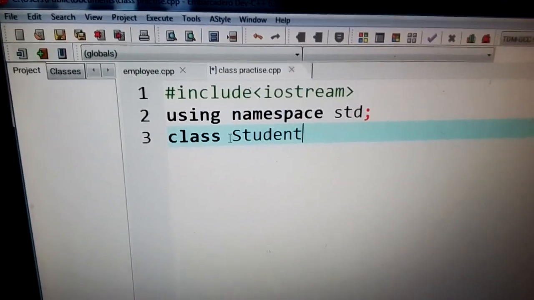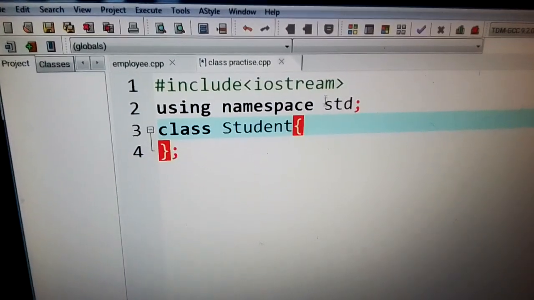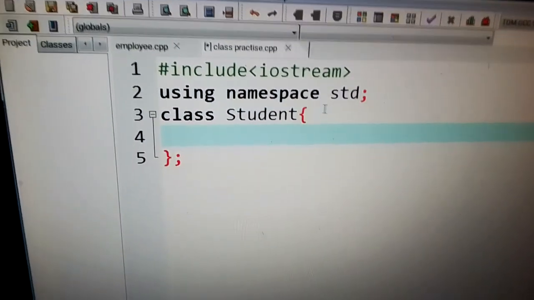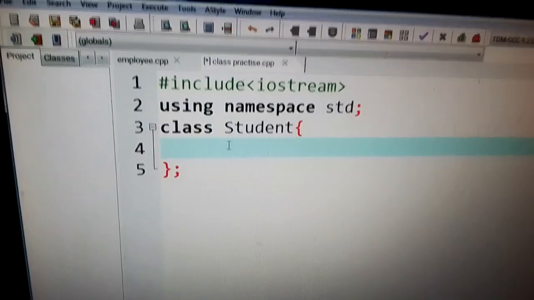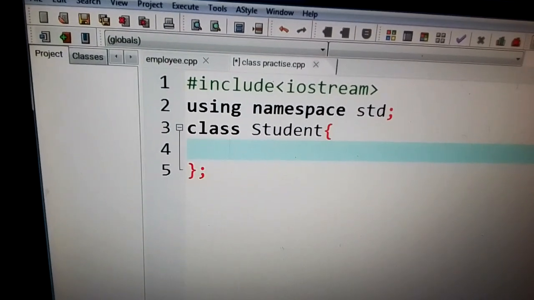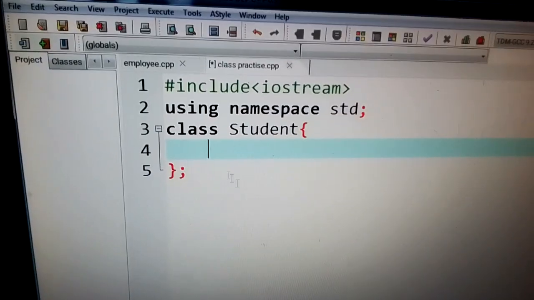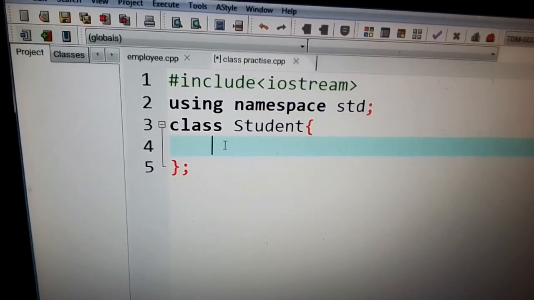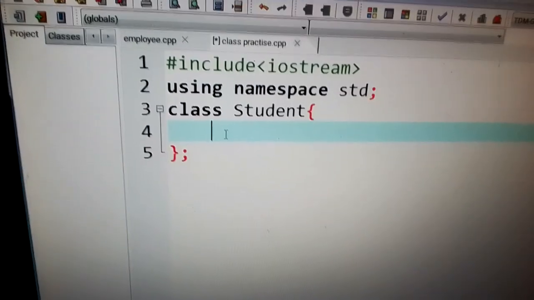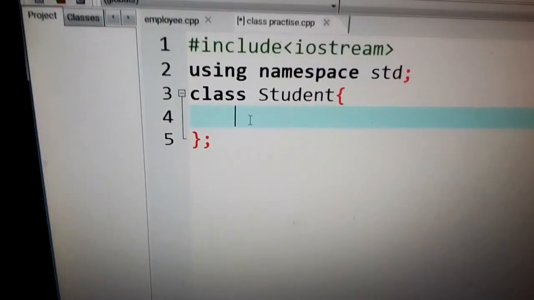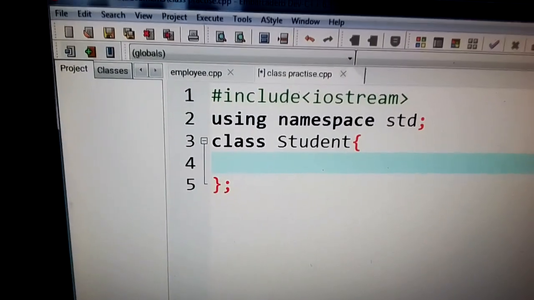After that, you open this curly brace here. After opening the curly brace, this is where I'm going to start defining the data members as well as the methods of this class. So for example, if I have a class Student, what are the data members or the characteristics of a certain student in a school? But before I go to that, I want to teach you something